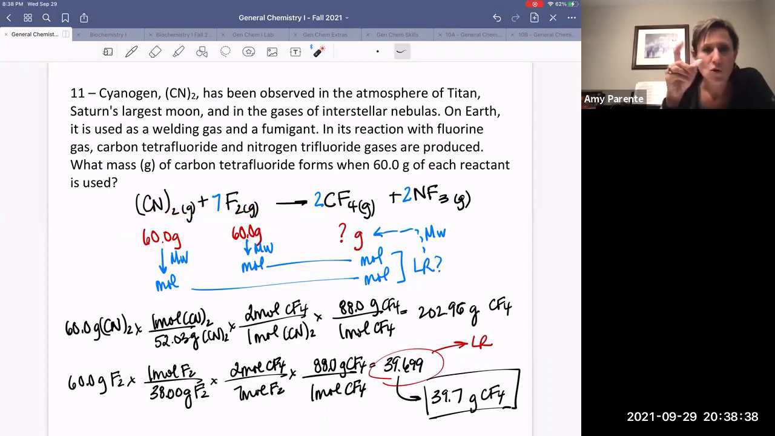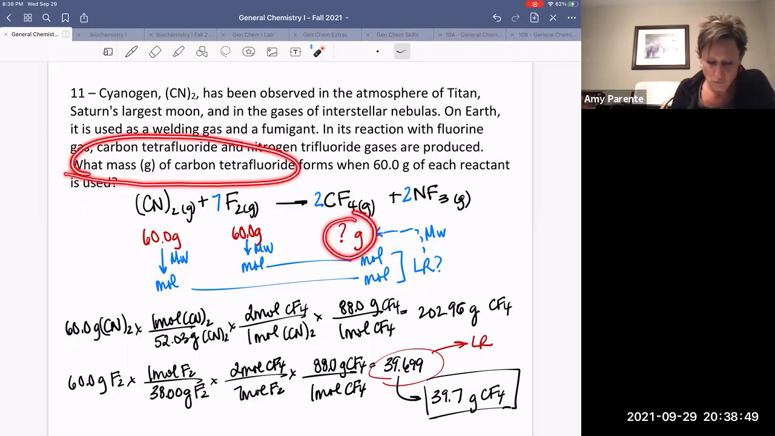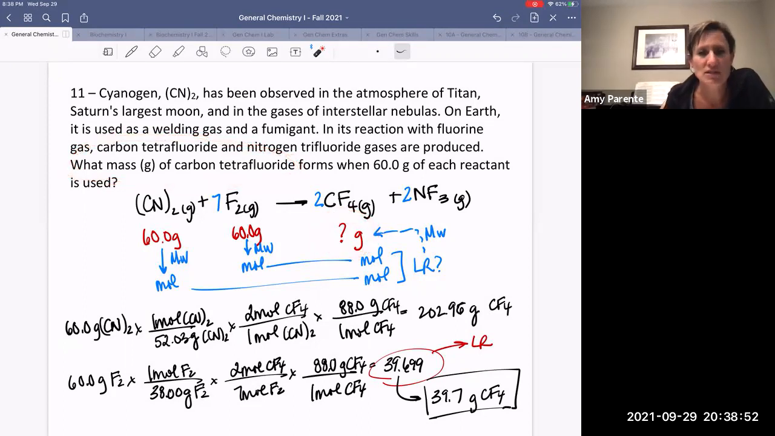And I want to look at the question prompt and find the part that says, what am I looking for? What mass of carbon tetrafluoride? So that's what I want to figure out: the mass of carbon tetrafluoride. It's helpful to write things underneath an equation, because it's easy to see that, wait a minute, they give me quantities of 2 reactants. So that's a little more challenging to figure out how much product I make,